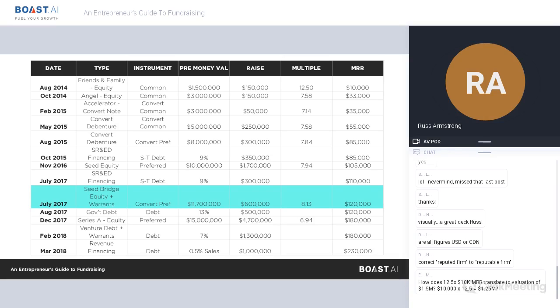So at this point, you have your burn that's still continuing to go, and we had to look at options. We had a significant pipeline that we were working on where the future looked bright, but the delays in closing deals were causing us to burn a little too close to where we wanted to. So there was the option at this point of looking at venture debt or doing a seed bridge or seed 2 round, as some people call it. And that was what we were looking at this point.